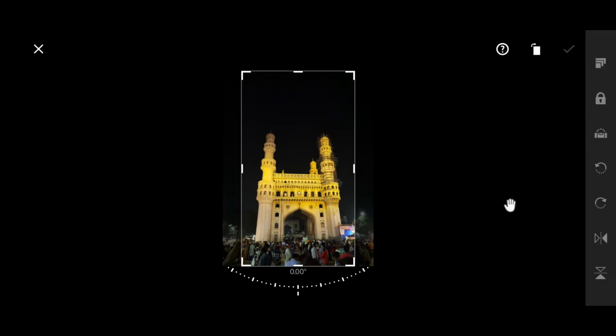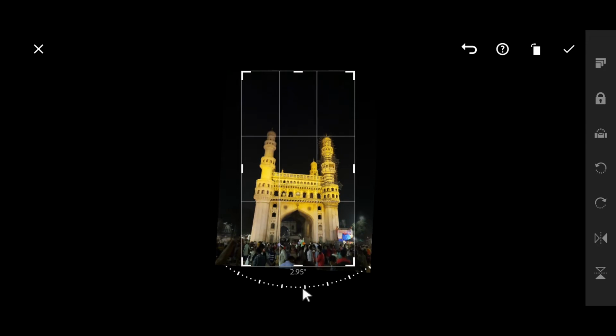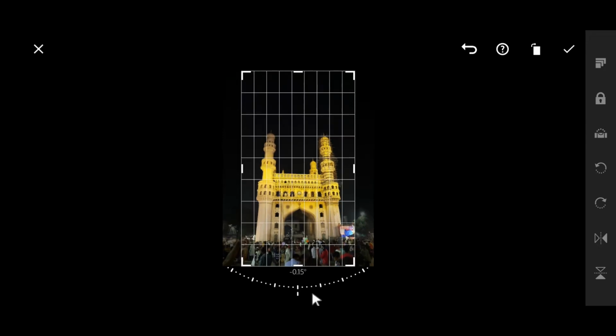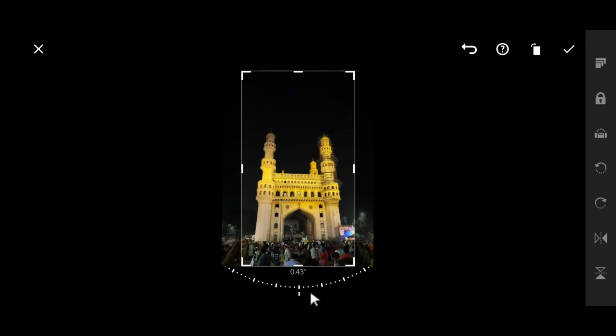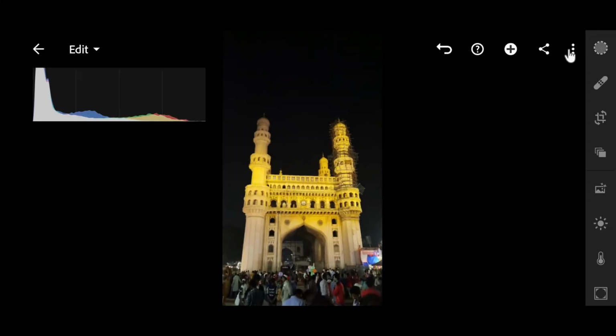I see that this Charminar is tilted to the left-hand side, so I'll just click here and adjust the angle. I think this is looking good. This is perfect.